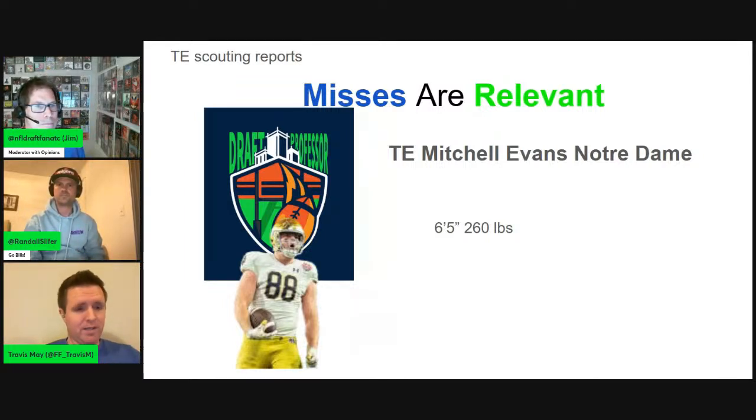From a film standpoint, I don't think he has the dynamic skill set necessary to thrive in the league. So for me, he's a mid day 3 kind of tight end that can be a blocker if you want him to. You can kick him out in the slot, and he can punch a linebacker in the mouth, but he's not going to separate on his own via speed.